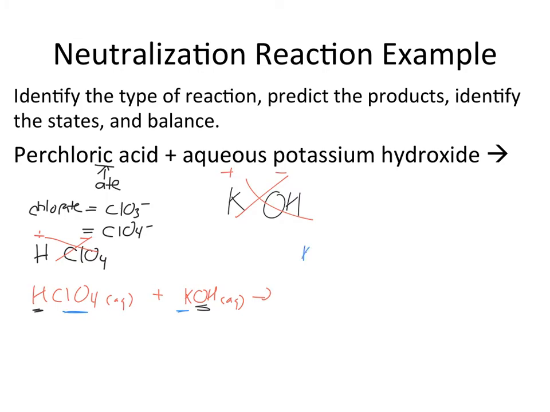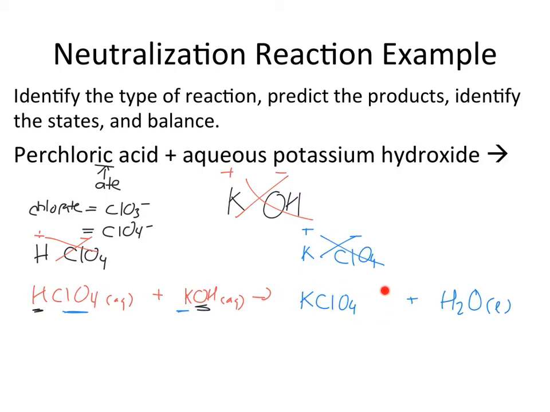So we have KClO4. We have to figure out what the formula is. So again, this is +1, this is -1, cross, cross. We get KClO4 plus H2O. Now H2O will have a state of liquid, and we'll have to use our